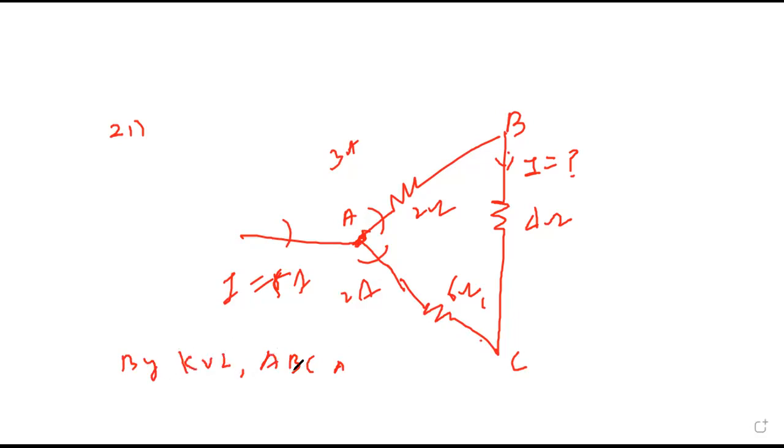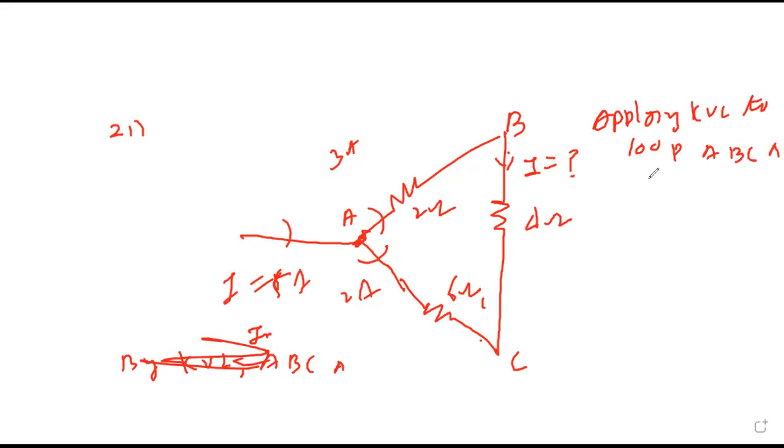Applying Kirchhoff's voltage law to loop A, B, C, A we get: A to B, current is how much? Is it 3? Current is 3 from A to B,